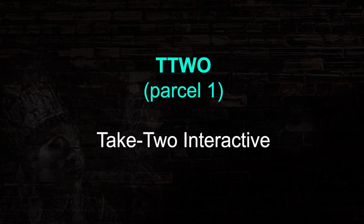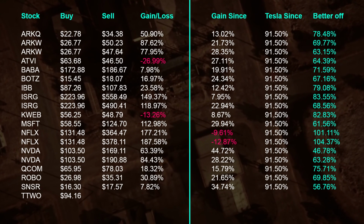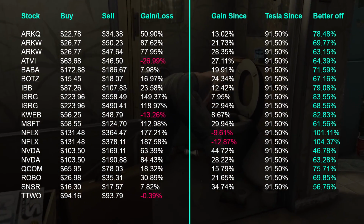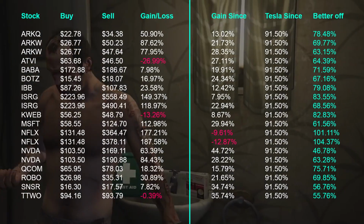Take-Two Interactive are the makers of the Grand Theft Auto series, among others. I bought for $94.16 and sold for $93.79, a 0.39% loss. Since selling, the stock has gained a further 35.74%, but Tesla has gained more, so I'm